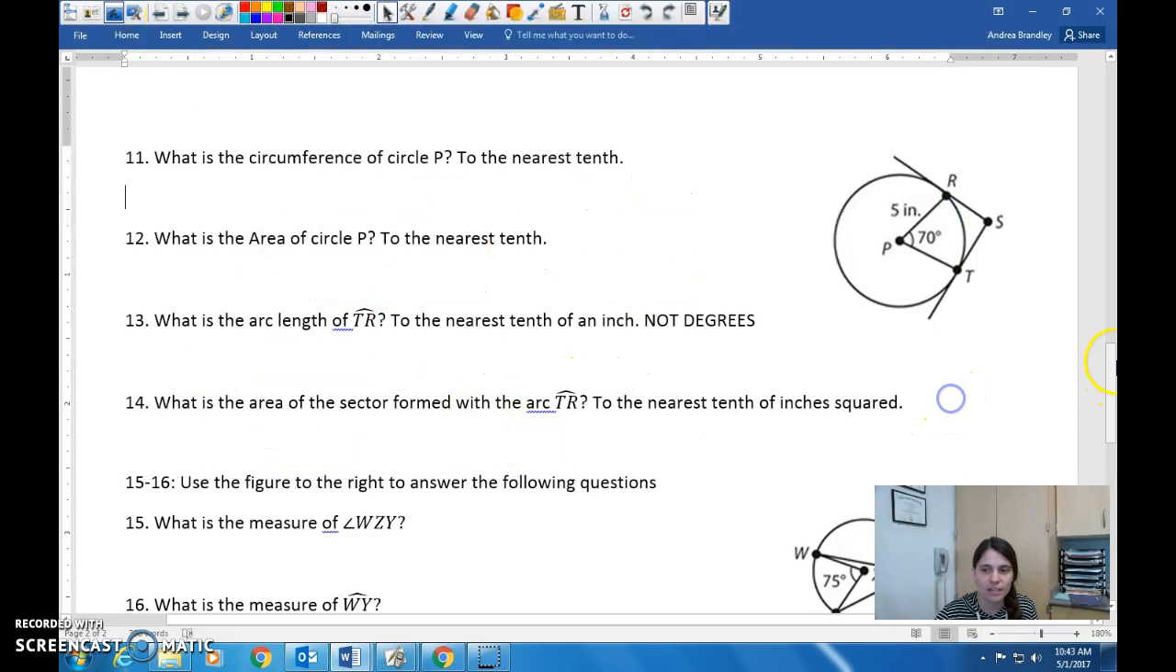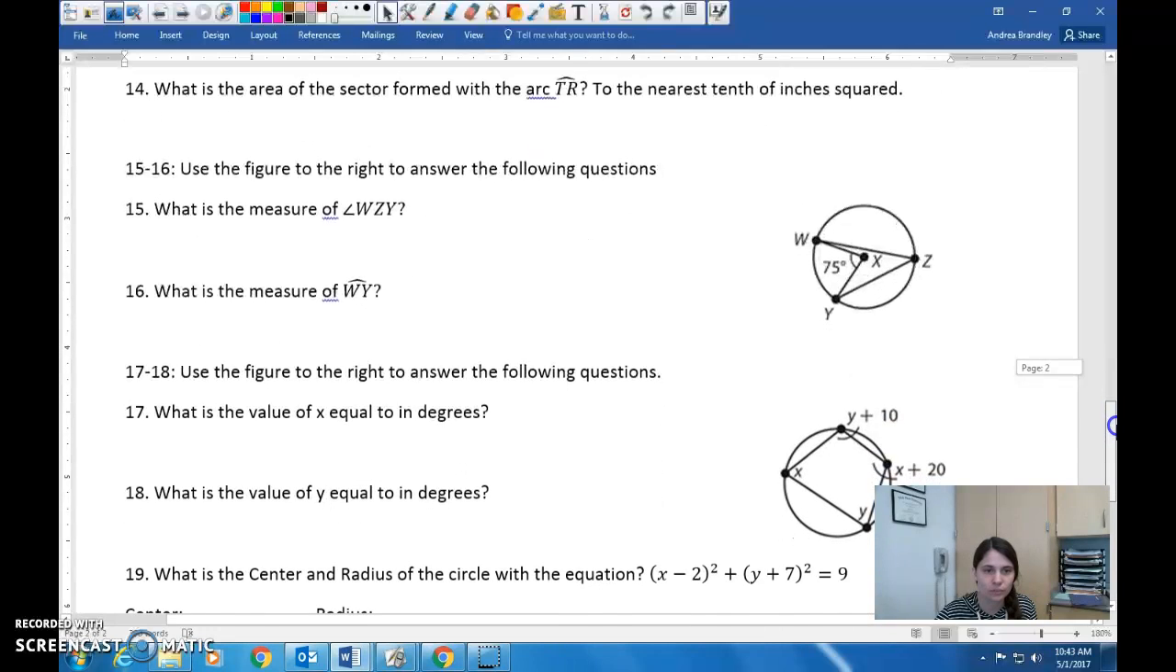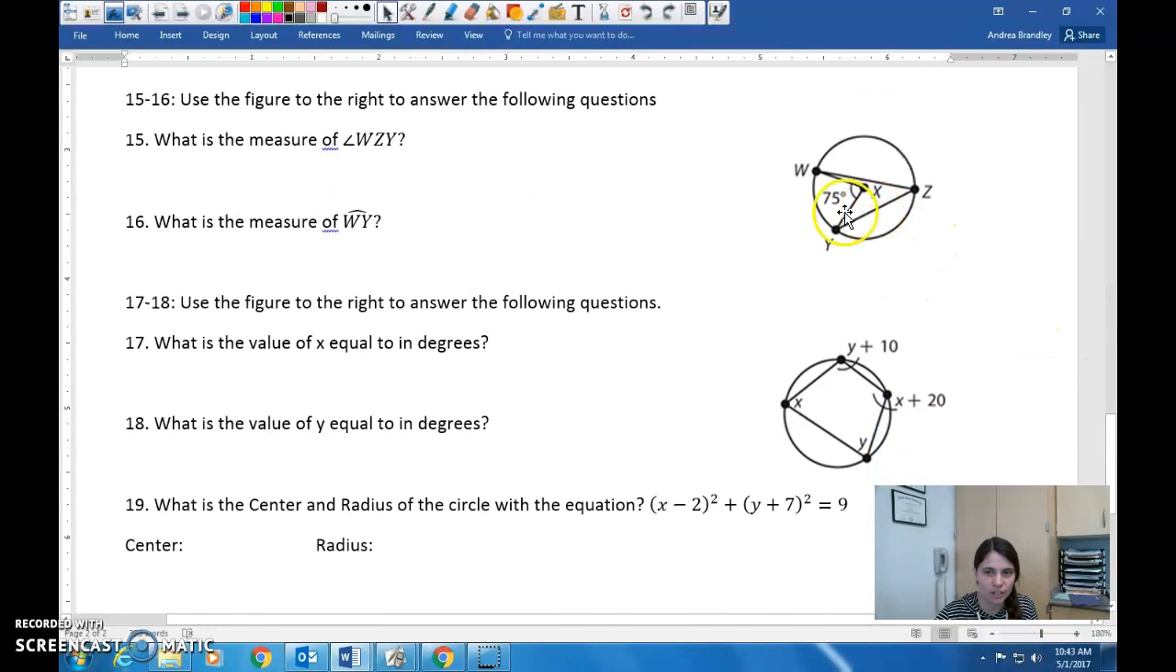All right, 15 and 16, I'm using this figure right over here. So I'm given my central angle. I need to remember some relationships. Your central angle and your arc are always the same. So if this angle is 75, this arc is 75. And then your inscribed angle is half of that. So half of 75 is this angle, which is